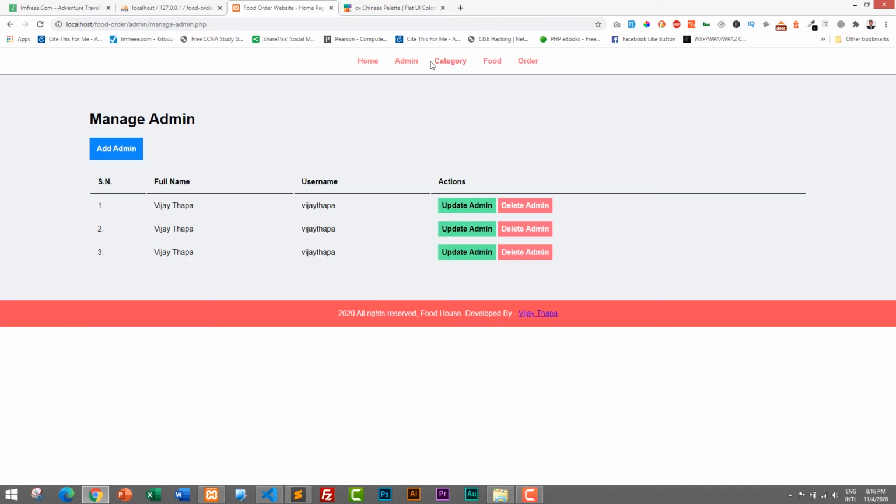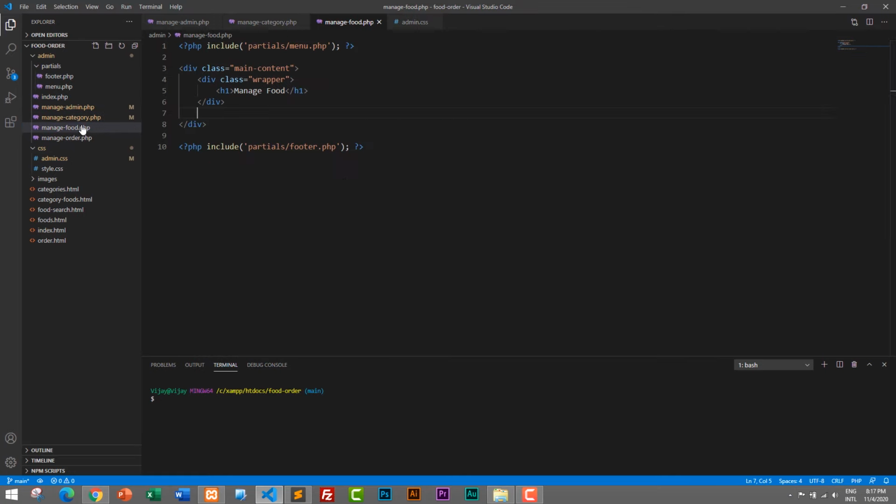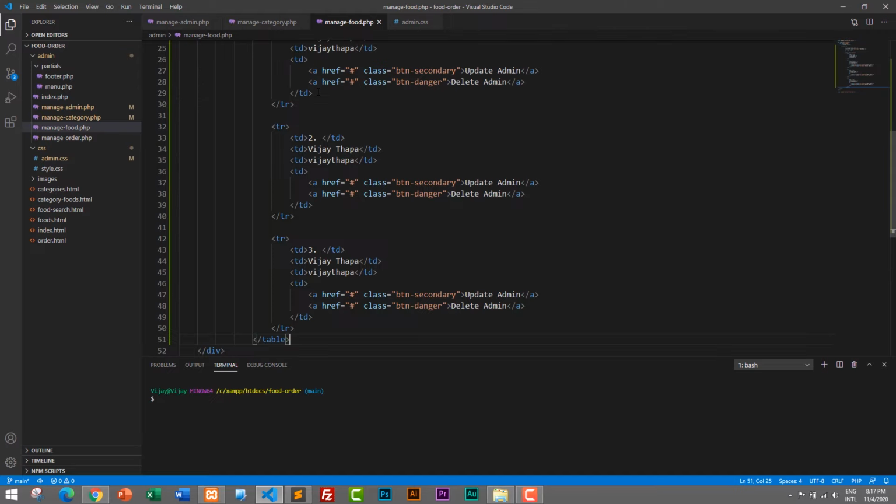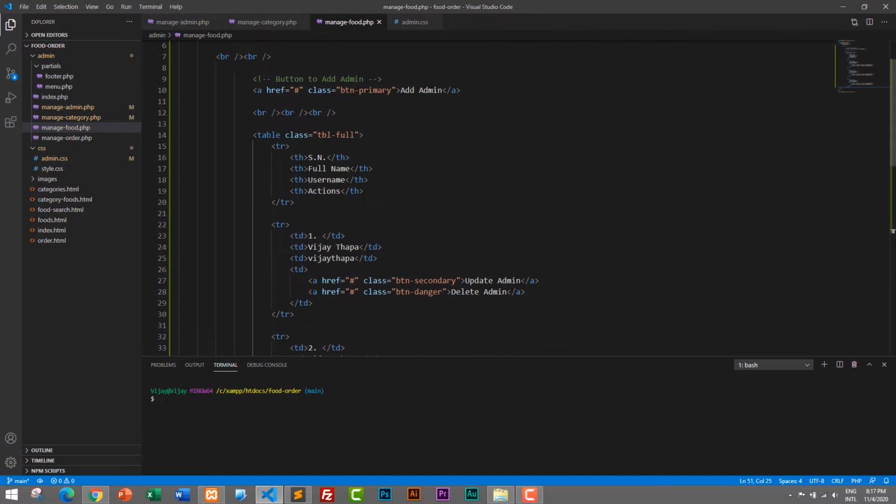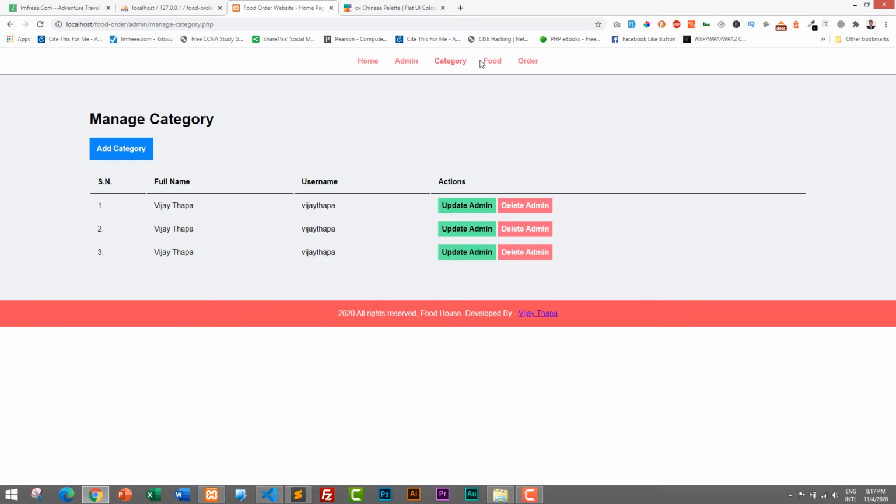So I will refresh and I will go to category, and here you can see manage category and add category, and all of these column names will be changed whenever we work on this section. Okay, so now let's go to manage food, and let's paste below the heading as well, paste here, and it will be add food. Okay, and save it. Let's refresh. Let's go to food, and here you can see add food, manage food, add food, and let's go to order